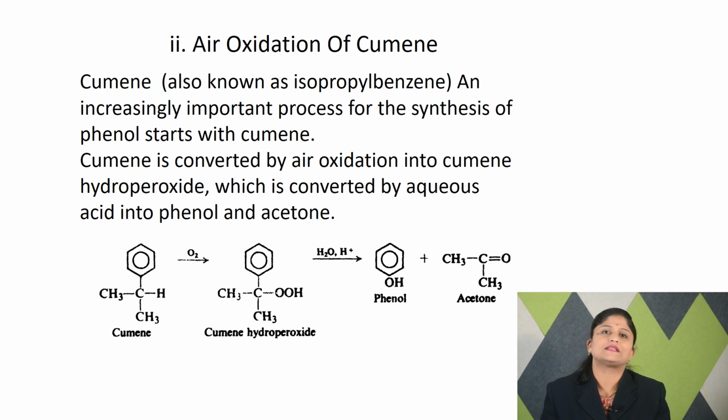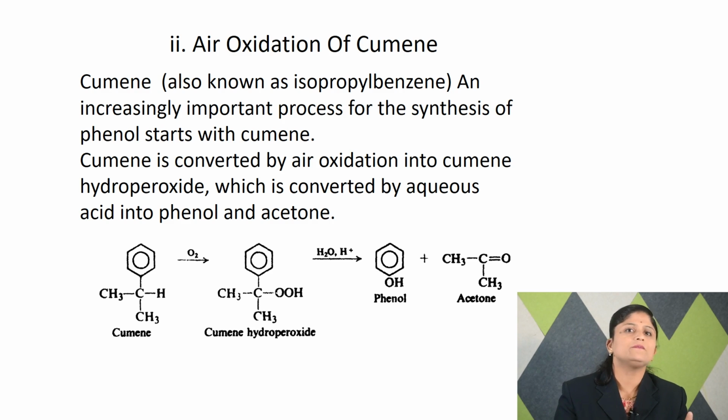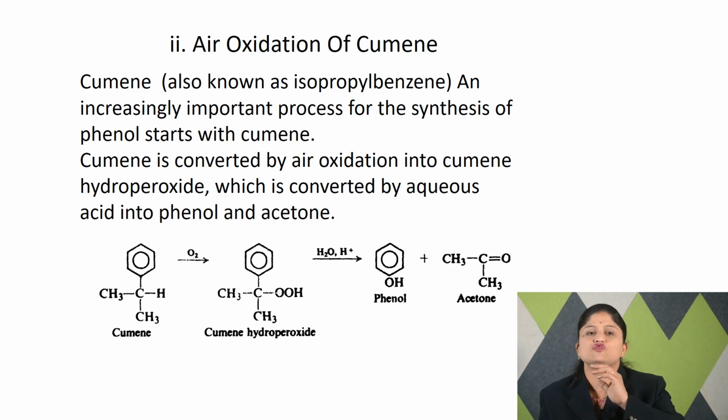We start with cumene, which is converted by air oxidation into cumene hydroperoxide, and which is again converted by reaction with aqueous acid into the phenol derivative. So first, air oxidation of cumene, and then cumene through a hydroperoxide derivative is immediately converted